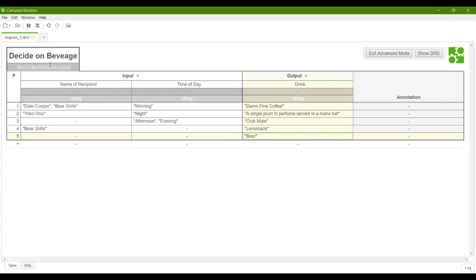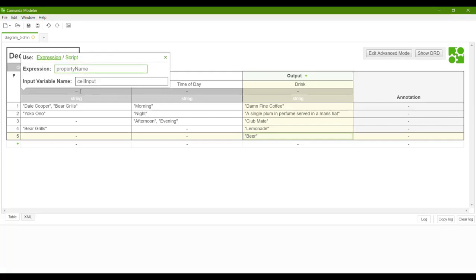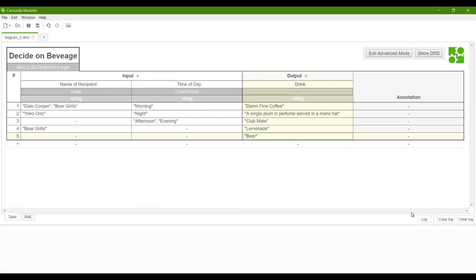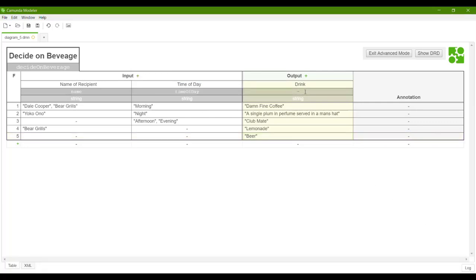Okay. Next up, we need to fill in this. Now this is the name of the variable that we are expecting from this point. So I'm going to put in name because I would expect at this point to get a variable called name as an input, and that's the value I'll pass here. And then we also have time of day. So let's go time of day. Now you can see here there's actually a bunch of other stuff you can add. You can add scripts in here and expand more complicated expressions. But for now we'll just say that we're expecting that when we call this table there'll be two variables present, one called name, one called time of day, and when there's an output that variable will be called drink.